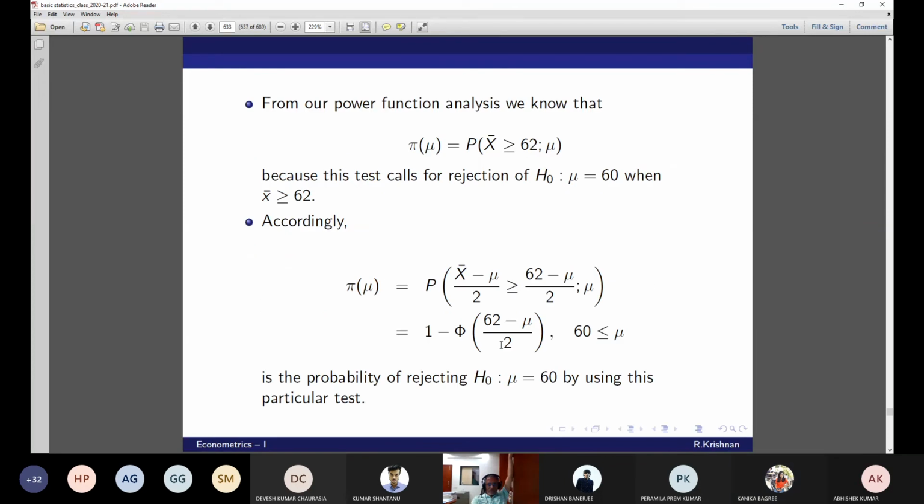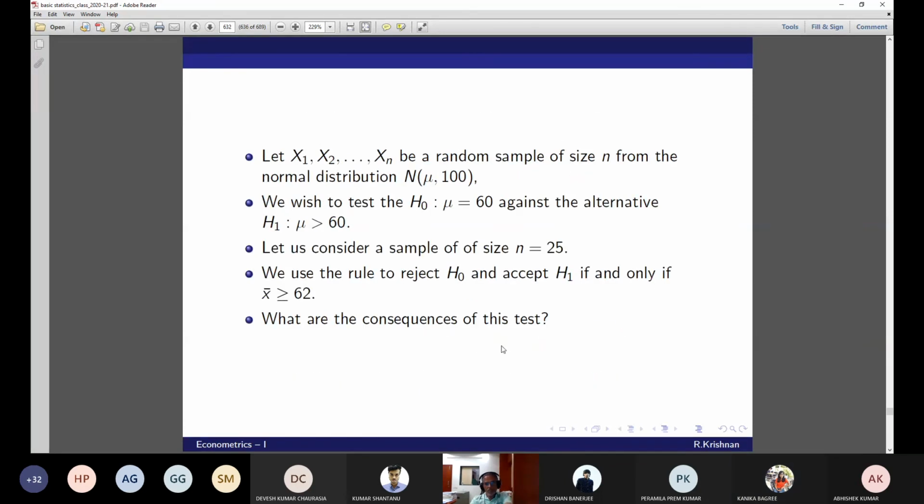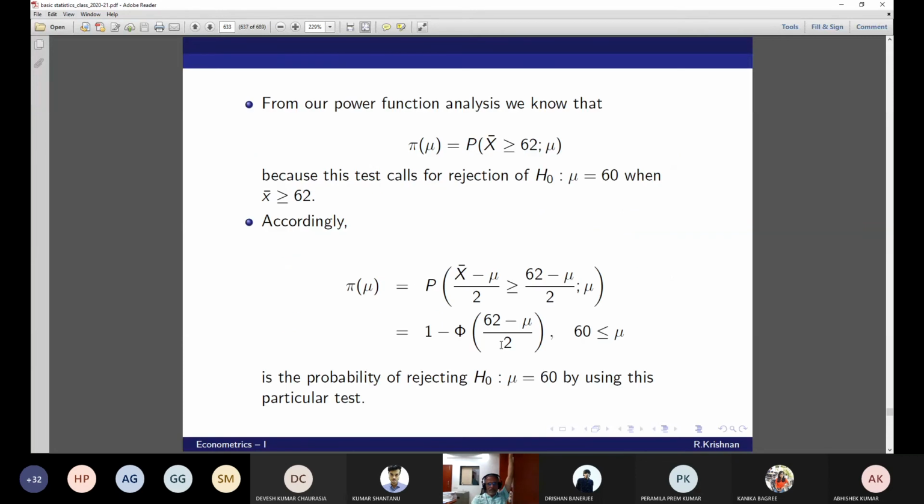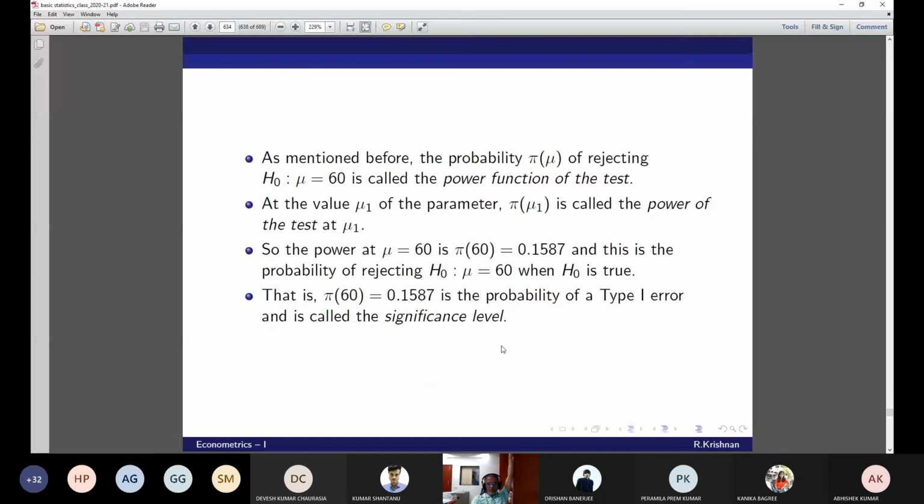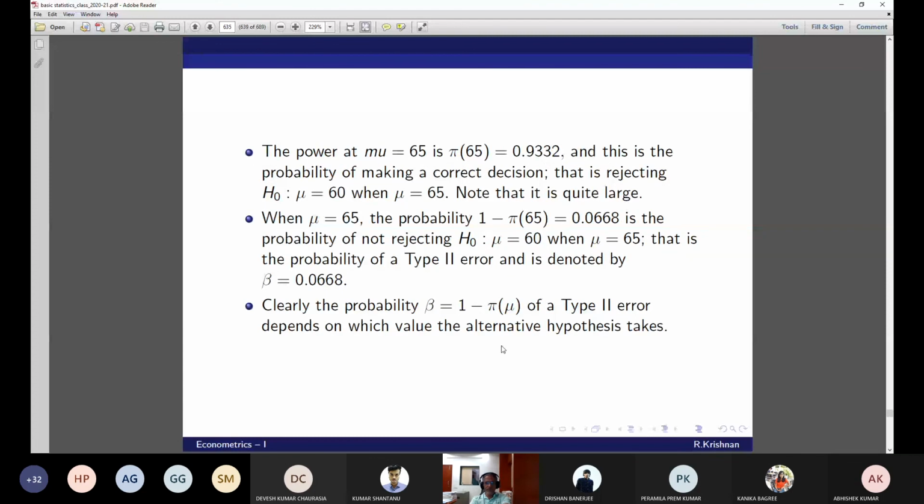From the power function, you have to evaluate, for example, mu equal to 60, or mu greater than 60. Okay, mu equal to 60 is exactly the null, for example. Now precisely I'm saying mu greater than 60. Now you calculate the power function and you evaluate the power at various values of your choice. Here I have evaluated 60 itself. Here I have evaluated 65. So it is based on our choice: whatever mu we take, we can find the power at that. Yes, I'm giving you the function. You evaluate the power of that test at various choices of your theta.